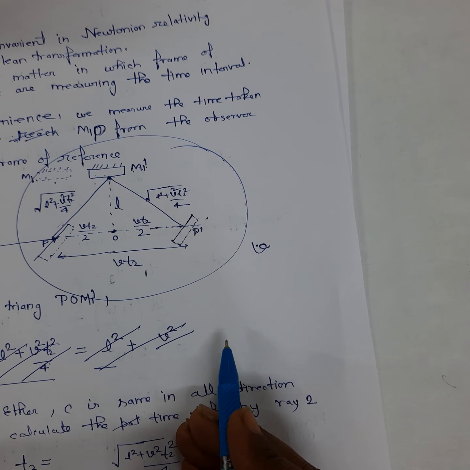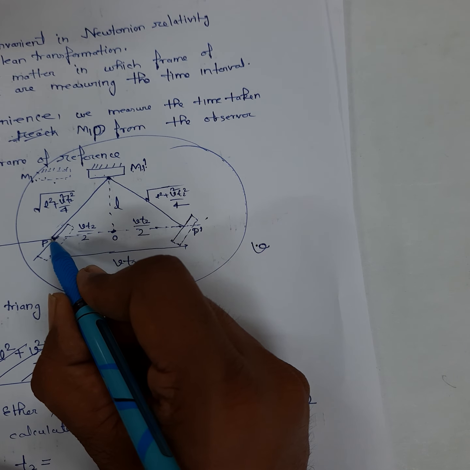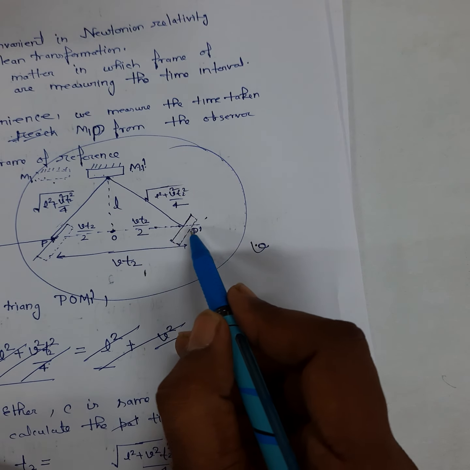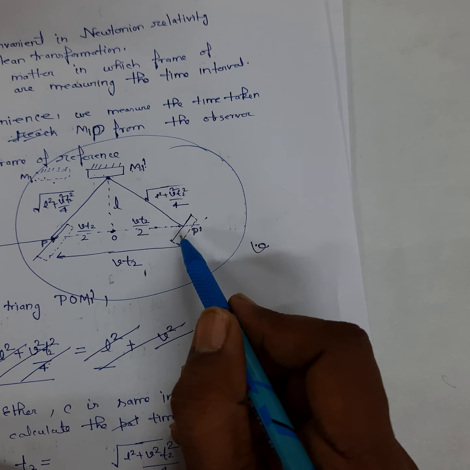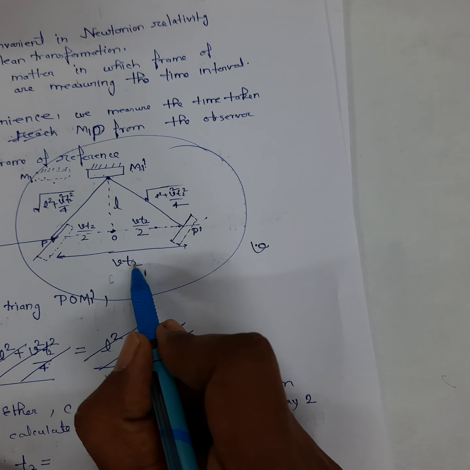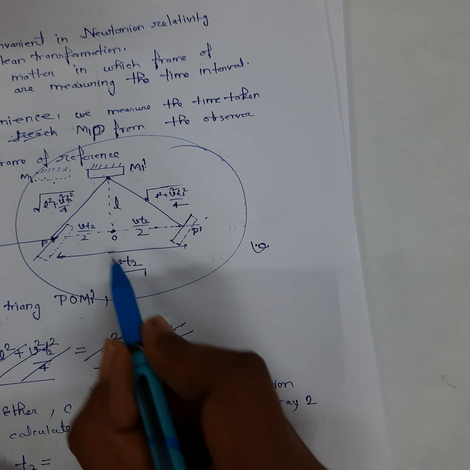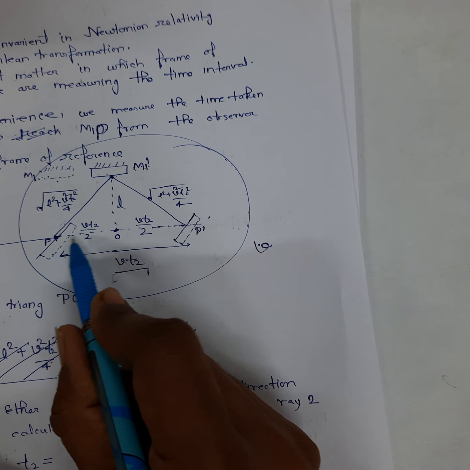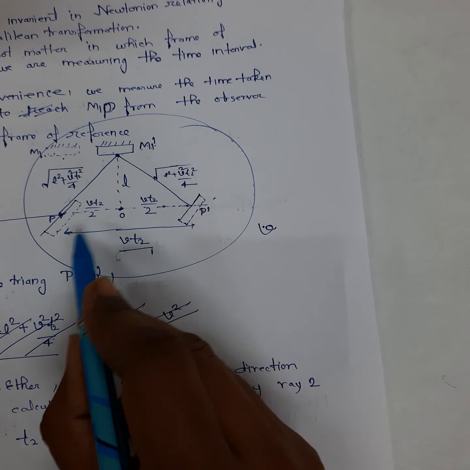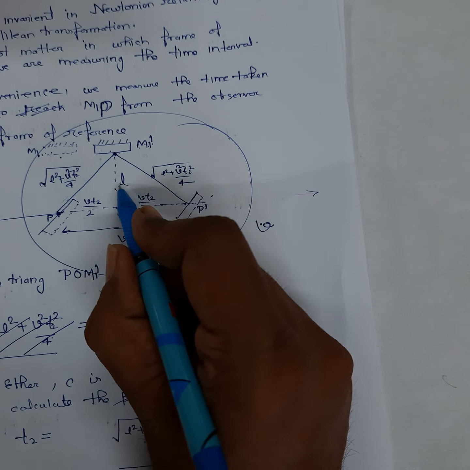So if T2 is the time taken by the ray to reach from P to M1 dash and M1 dash to P dash, then the beam splitter in this time will move a distance V T2. So this much distance is moved by the beam splitter. Since this motion is along this direction, this L will be constant, there will be no change in L.